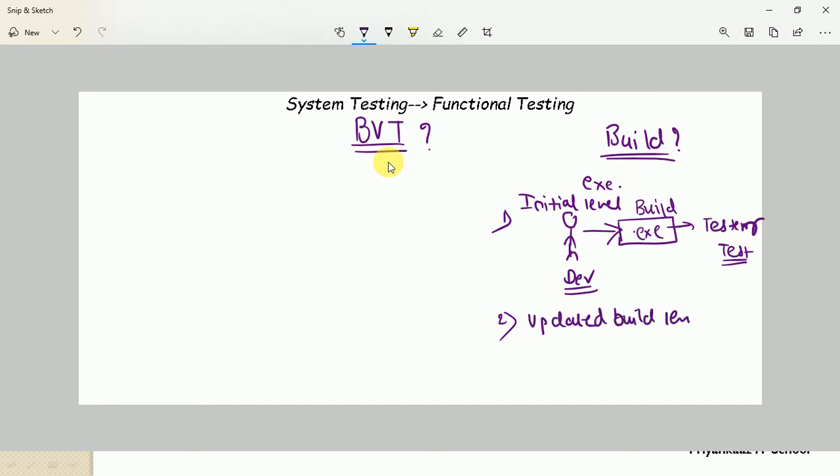So here we have two different levels to release a build. The same process is there: the developer makes a change in that build and releases that updated build to the tester. So the process is again common.